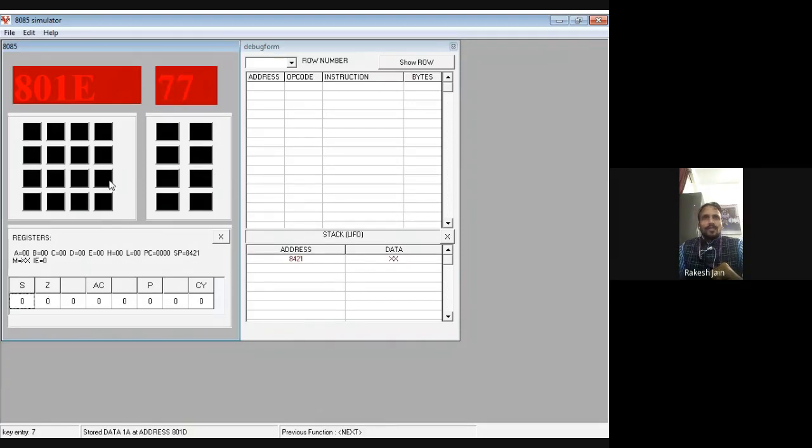Then at the next memory location 77 and 78. Then at the next memory location 12, 13. Then at the next memory location 23, 0D.